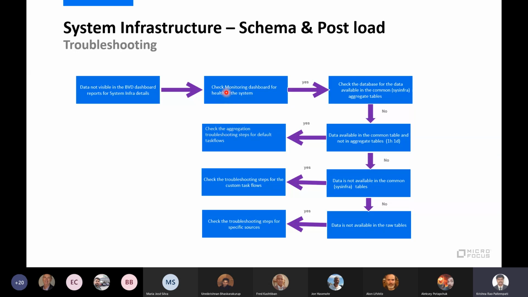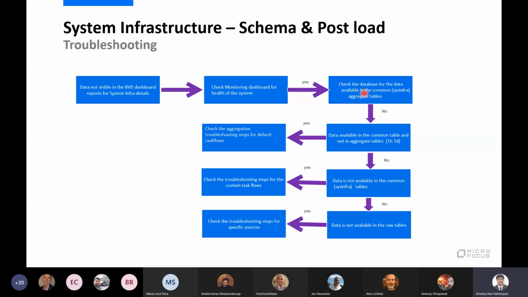You will see further sessions on this monitoring dashboard when we cover all the things that are there. Once you see an abnormality, some task flows are not running. So what we need to do is check whether the data is there in the database.